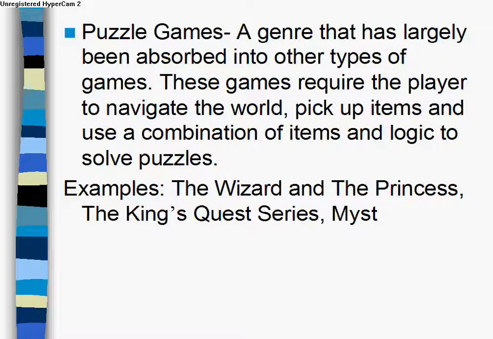The Wizard and the Princess, the first game for the PC, that was a puzzle game. The entire King's Quest series, that was 7 games altogether, were all puzzle games, and they were a lot of fun. Actually, that might have been more than 7. And then there was the Myst trilogy, which was the most recent pure puzzle game I am aware of, and one of the most difficult.